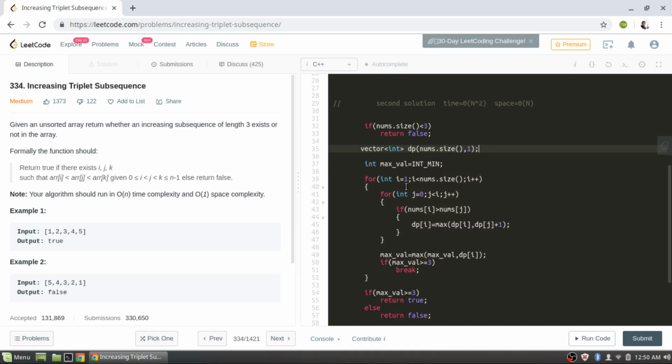We go with i from 1 to nums size, and j from 0 to i. If nums of i is greater than nums of j, then we update. And if we find some cell where the value is 3, we just break, because we have found three increasing numbers.